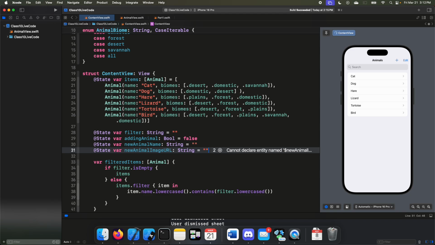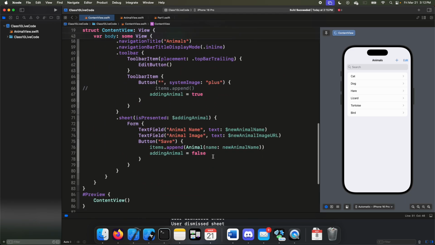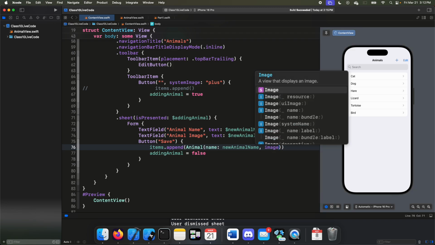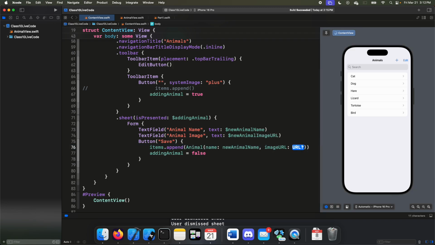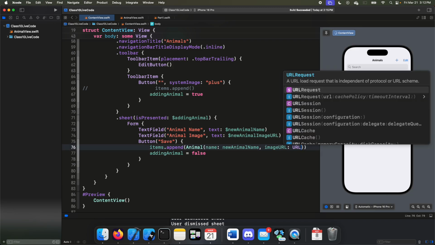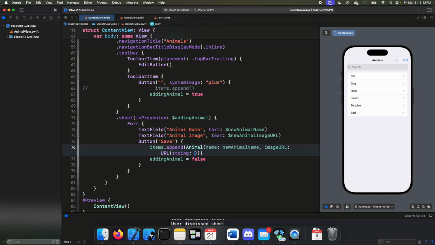Okay. And now when we create our animal, we will try to give it an animal name and a URL. Name: animal, what is it? Image URL, something like that. Yeah. And then we'll do URL string new animal image URL, like that. And now